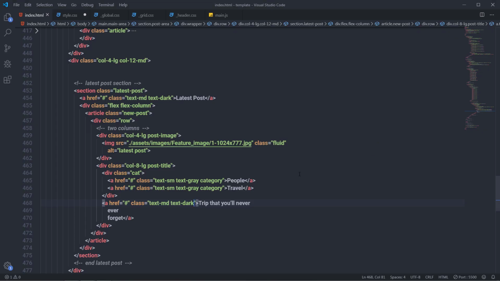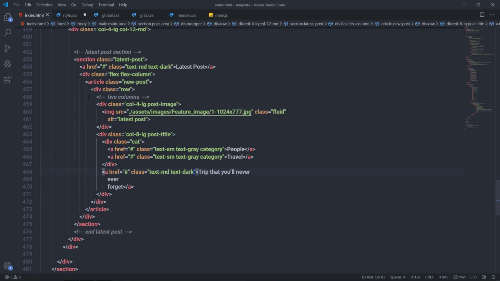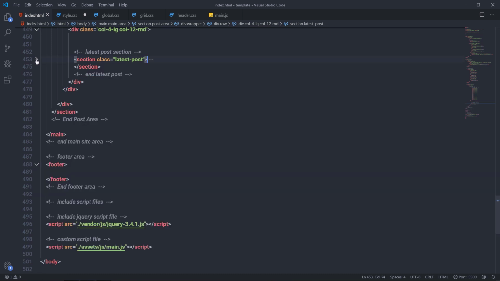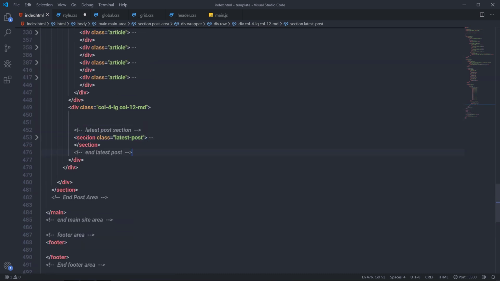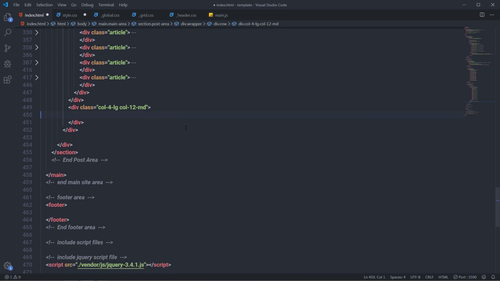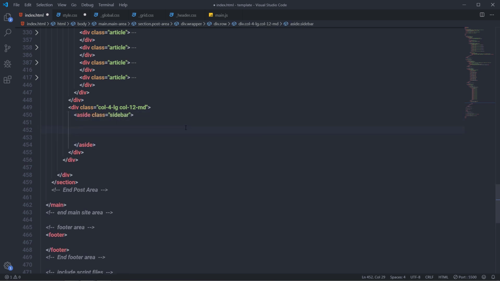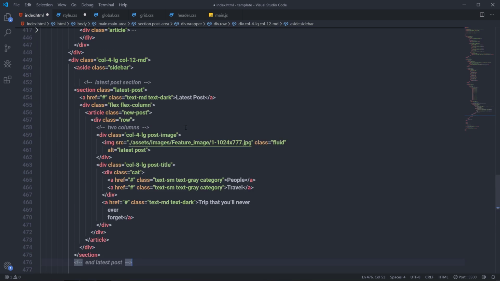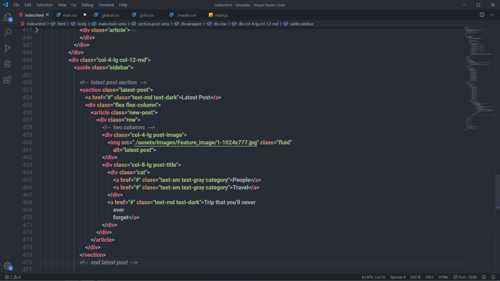So I'm going to open my editor, and you can notice here, I'm going to start my section right from here. So I'm going to cut this section, and I'm going to wrap that in the aside tag. So I'm going to say here aside and specify a class to it, sidebar, and inside this aside tag, I'm going to paste that section tag. Save the changes. And now using this sidebar class, I'm going to specify some style to this latest post